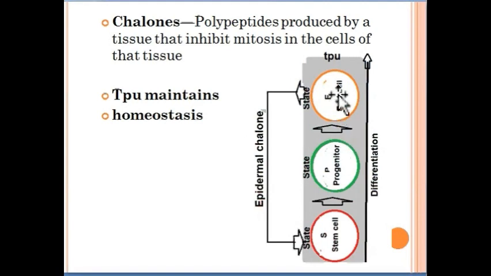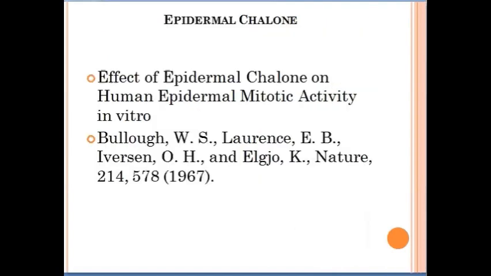So this end cell inhibits mitosis of the stem cell so that the entire unit maintains homeostasis. This was already published last century, and it's a very important concept to understand the dynamics of